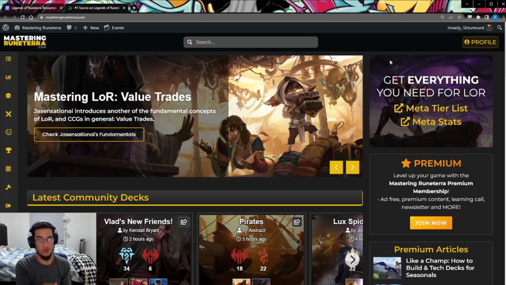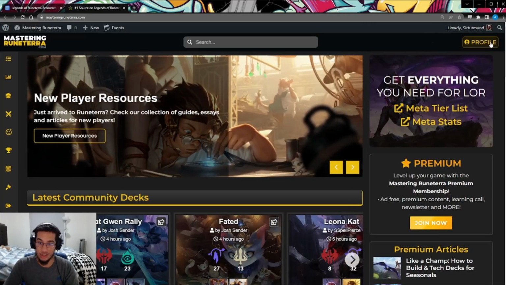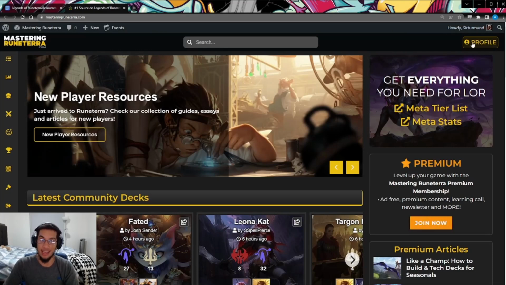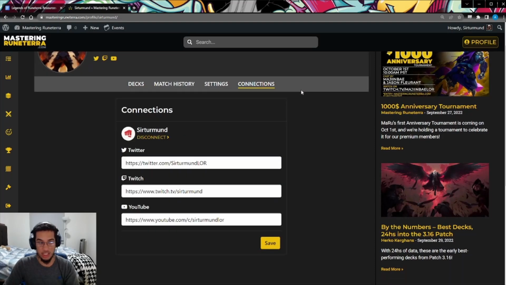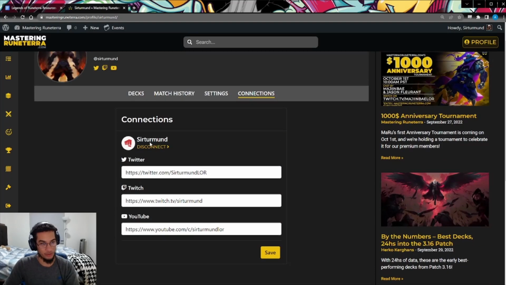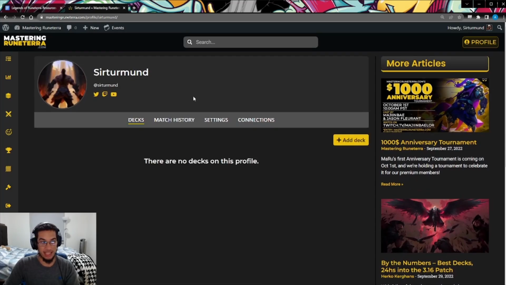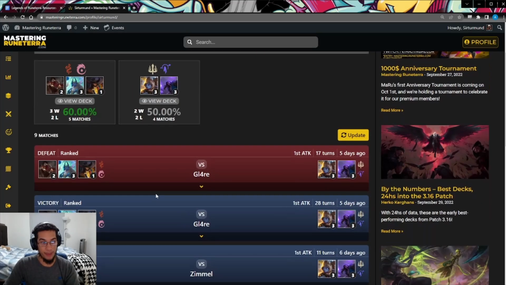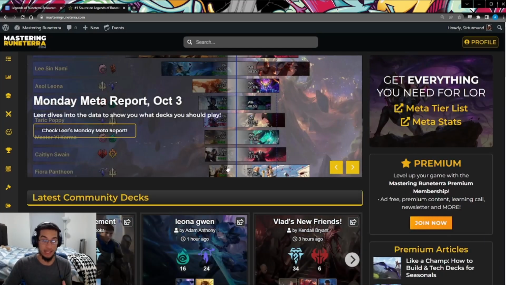And this is something new that has been part of Mastering Runeterra, if you don't know. So just like in RuneterraAR, you can go to your profile and you can actually link your Riot account here. So if we go to my profile and we go to connections, okay, that's my YouTube. You can actually link your Riot account right here. That will allow you to keep track of your decks, your match history right here, etc. So similar to RuneterraAR. Now, this is a brand new feature from Mastering Runeterra, so it's not as complete as RuneterraAR, but it's something to keep in mind